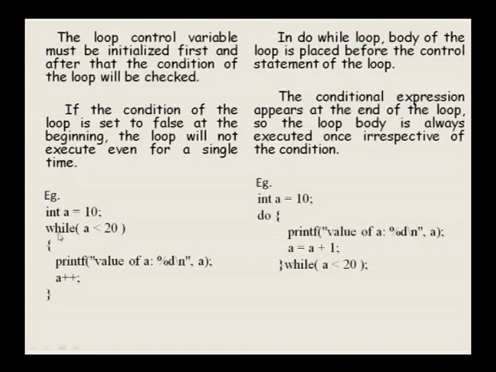Here is a similar example in both cases. In case of a while loop we are putting the condition first. So, if the condition happens to be true, then the loop body is executed, and in case of a do while loop we are putting the body of the loop first and then we are putting the condition. Both these program codes would yield the same result, but based on this condition, this would be executed at least once.